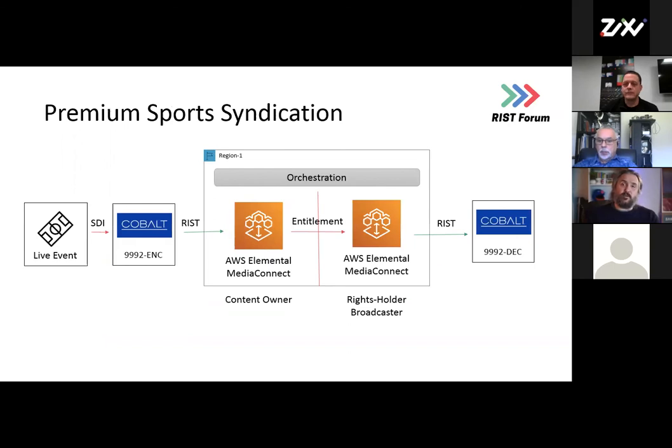So this is an interesting one because we've been talking a lot about 24/7, so-called traditional broadcast television. But one really important aspect of IP delivery of content is live event content syndication. This is an area I've been working on a lot with some of our customers, around the complex nature of that content syndication. It's not a simple exercise.